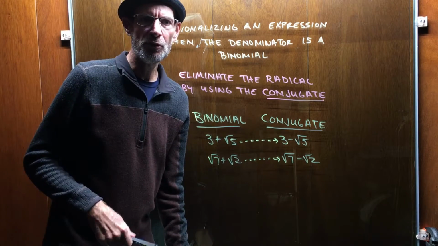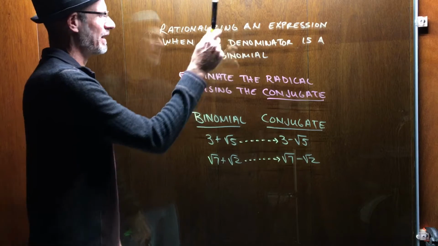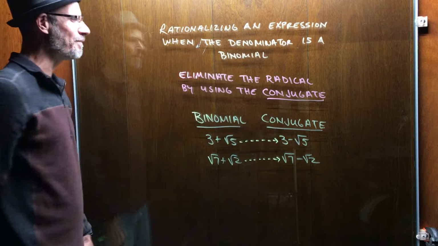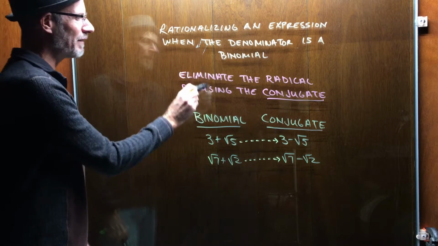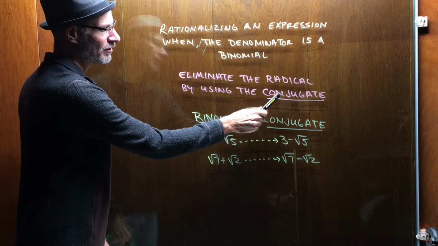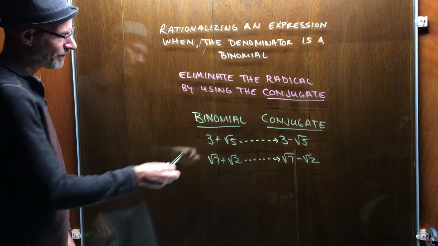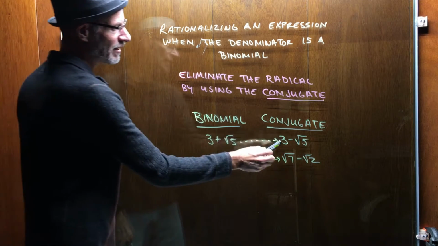Hello Math 2 students. In this video we're going to rationalize an expression when the denominator is a binomial. To do this we will eliminate the radical by using the conjugate. Before we start doing an example problem, here's a binomial, 3 plus root 5, and here's its conjugate,